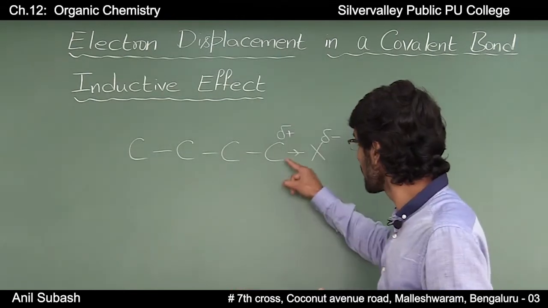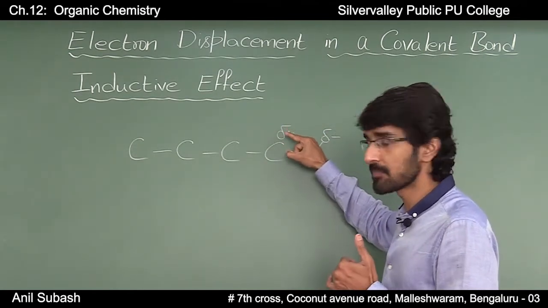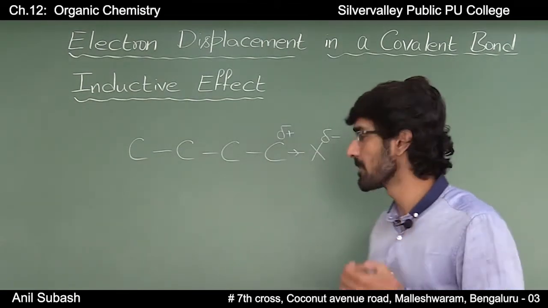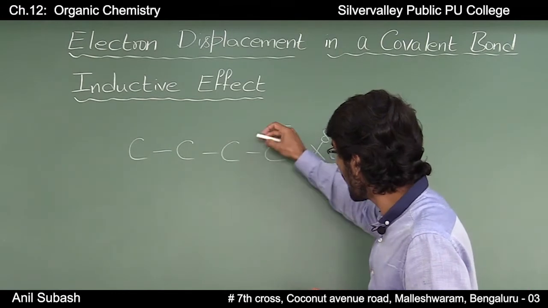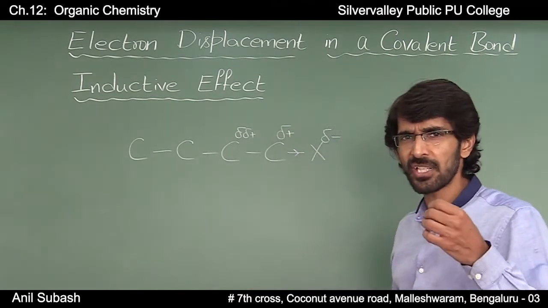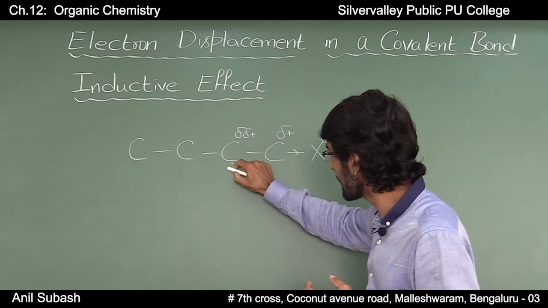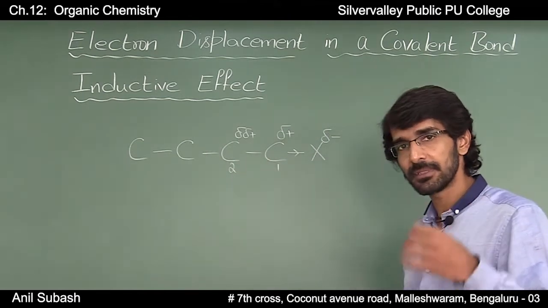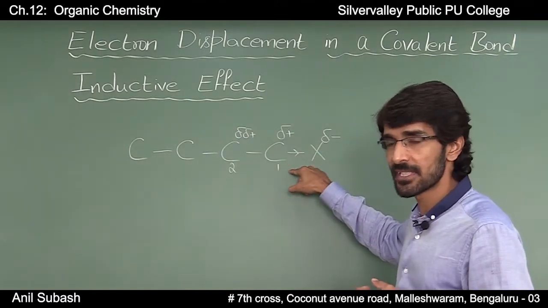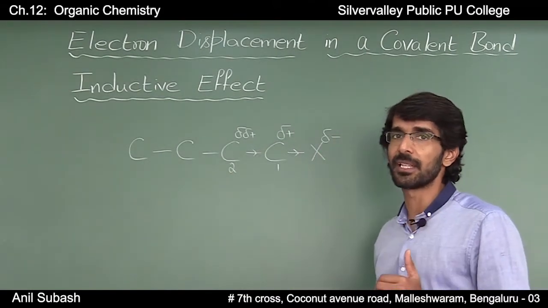In the same way, the polarity is produced in this carbon. The polarity that is produced in this carbon will pull the pi electrons towards itself, and the second carbon will develop a partial positive charge. The positive charge developed by the second carbon will obviously be less than the charge that is developed on the first carbon, and the movement of the electron pair will be towards carbon 1.